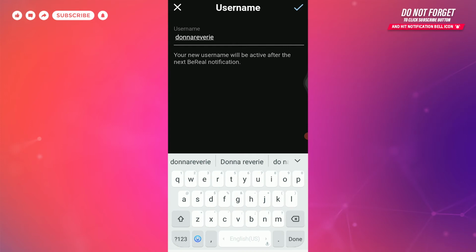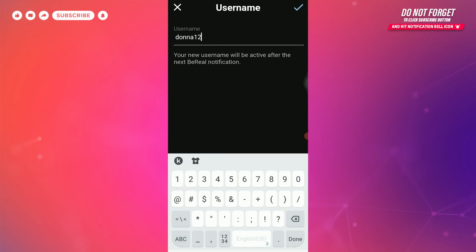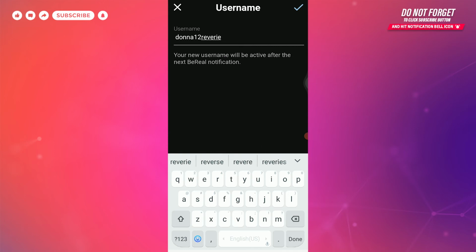Remember that the app will also allow you to add name, dot, underscore as well as numbers. You can choose whatever you want to make your username unique. I'm just gonna change my username to Donna12Riveri. And at the top right corner, when you see the tick mark, you can click there and your username